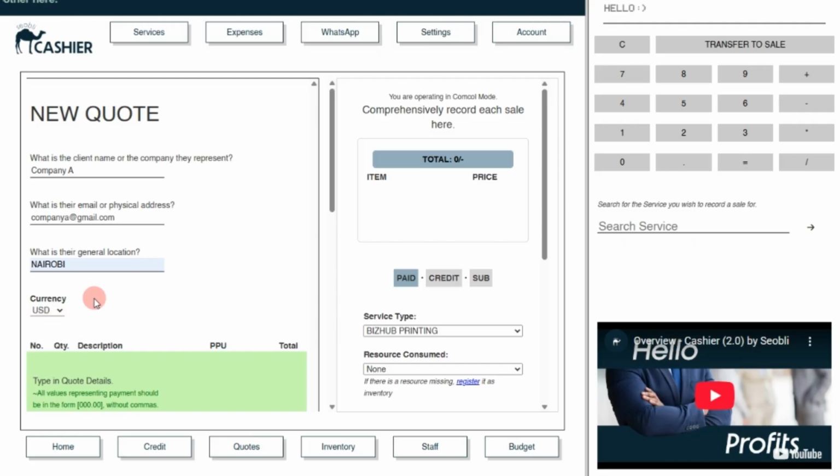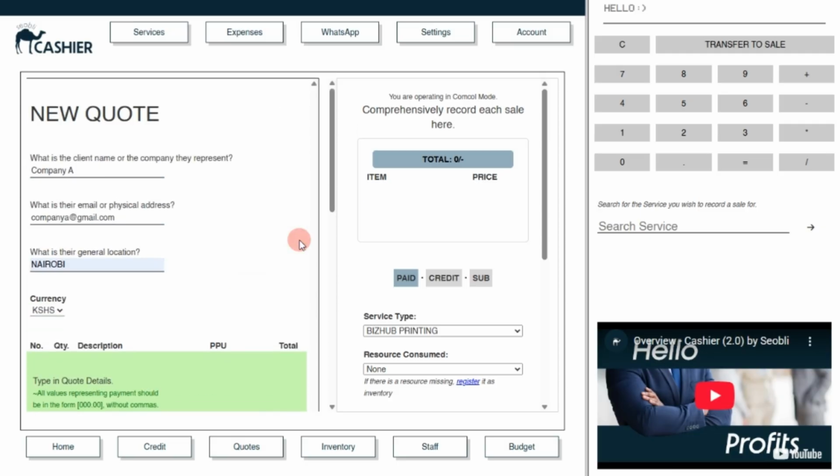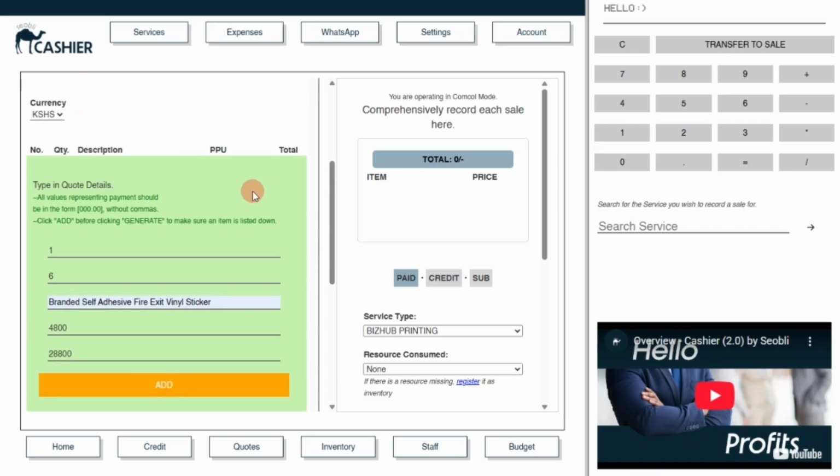The green box contains fields for entering details about the quotation and how you make a single entry. The total field fills up automatically when filling up the unit price. Let's add some information for a single entry to see in action. As you can see, it fills up automatically, and to complete the entry, clicking Add does three things to the